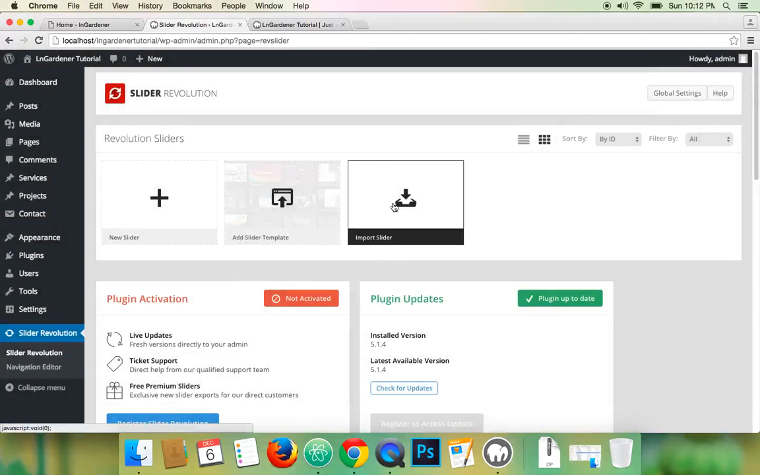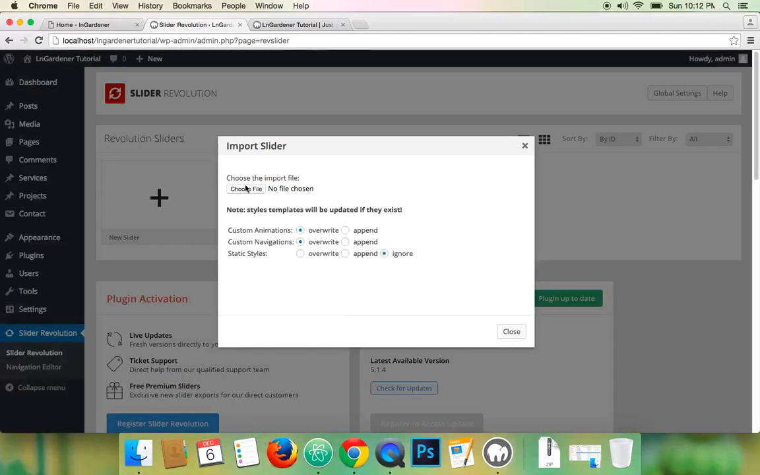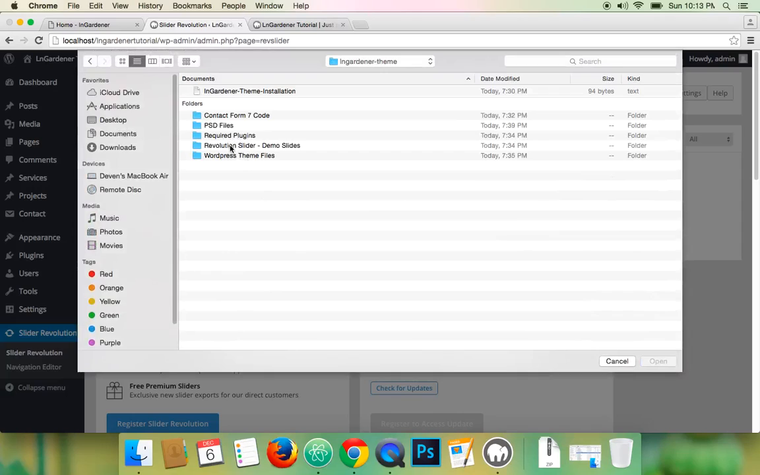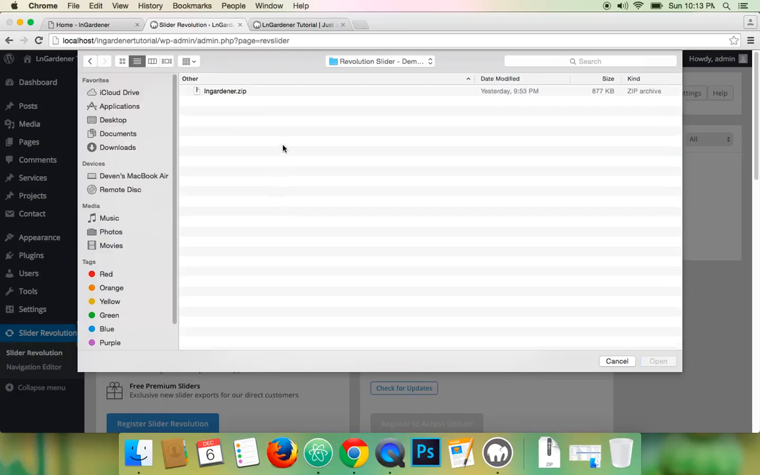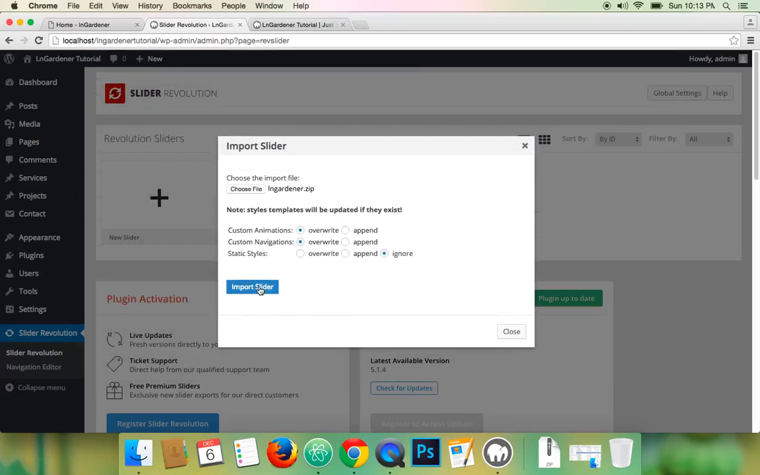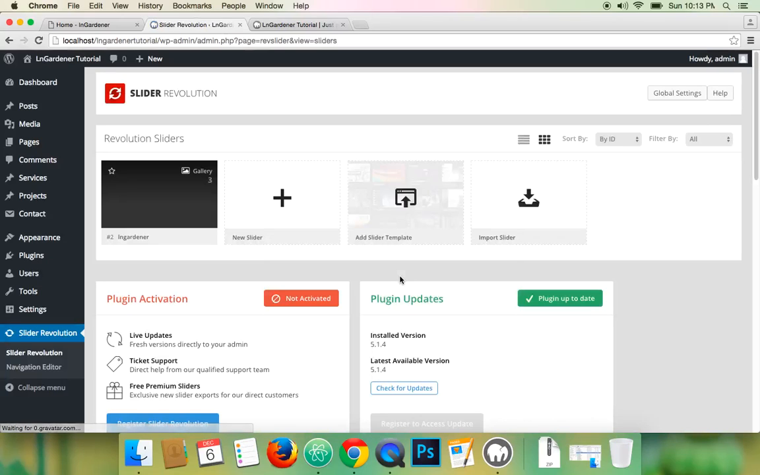Now I will go back and click on Import Slider and Choose File, and then go to your downloaded theme folder, which is this one, and then go to the folder that says Revolution Slider demo slides. Click on that, and then select this file, and then click on Import Slider. Alright, so the slider is now imported. As you can see, you can click on it,